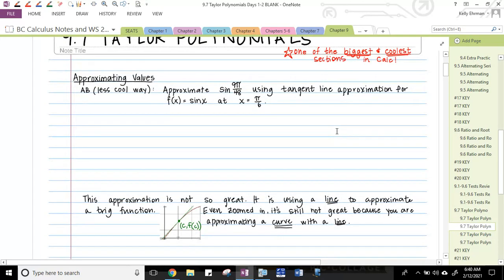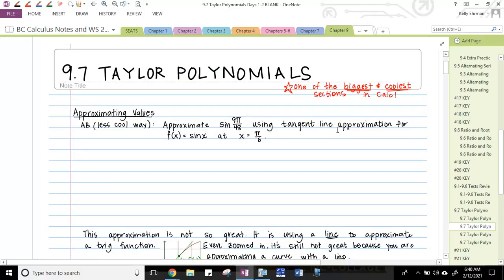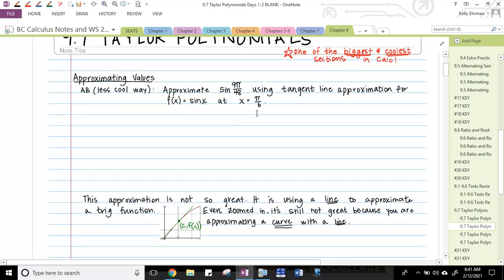So the big idea here is we want to approximate values for functions like sine, cosine, e to a power, natural log of something. We want to be able to do that two different ways in calculus. In AB, which we're deeming the less cool way, the only method you have to approximate a value would be to use a tangent line approximation. So if I want to approximate the sine of 9 pi over 48, which is close to 8 pi over 48, or pi over 6,